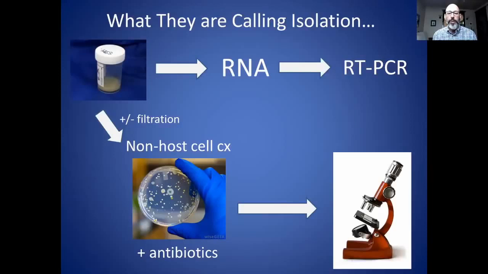So they're basically mixing this bodily fluid with a mixture of cells and antibiotics that's making exosomes. And then they may or may not purify the particles out of that mixture. They often just keep them mixed with the cells and then look at them under the microscope, and occasionally they purify them. But there is no way to tell if the particles that they have identified after this procedure are from this tissue culture with antibiotics or from this lung fluid. And since they set up a procedure that always results in exosome induction, there are going to be particles that are exosomes in there for sure that look just like viral particles. So I think this is where the major confusion comes into play.